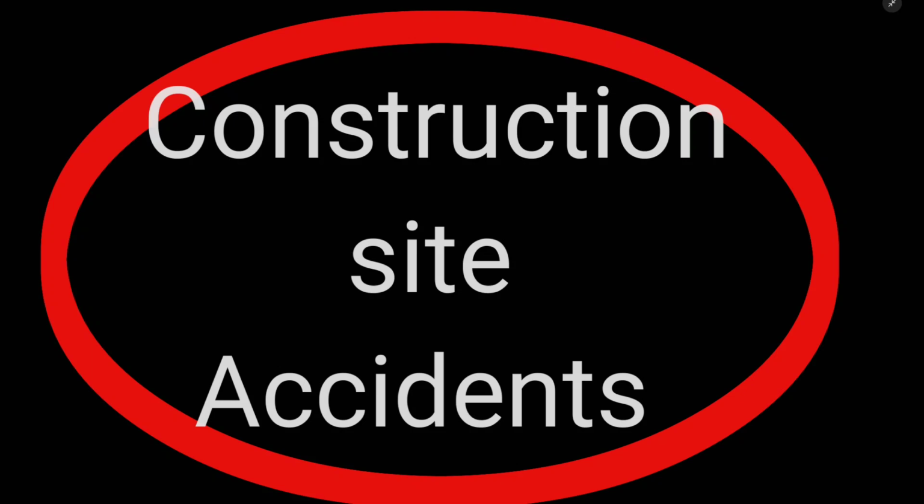Construction sites are dangerous places. Thousands of accidents happen every year, leading to injuries, long-term disability, and even fatalities. But these accidents are preventable. In today's video, we will explore the 22 most common construction site accidents, their cause, and most importantly, how you can avoid them. Stick with us to learn how to protect yourself and your team from injuries while working on a construction site.